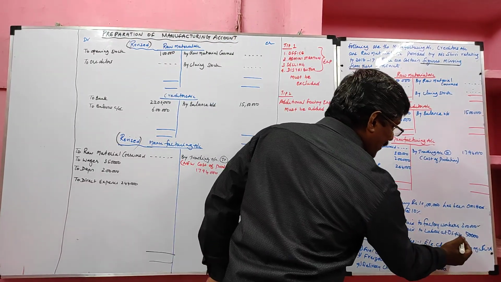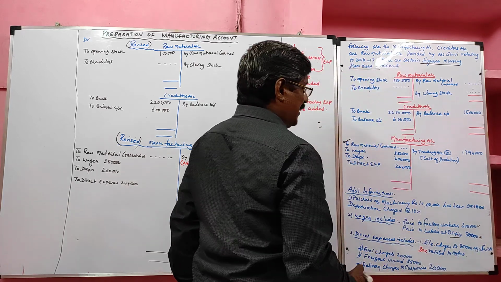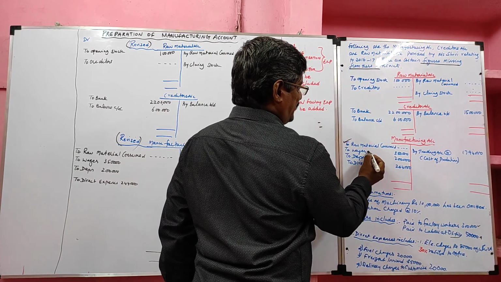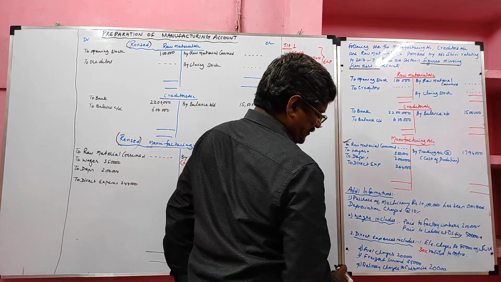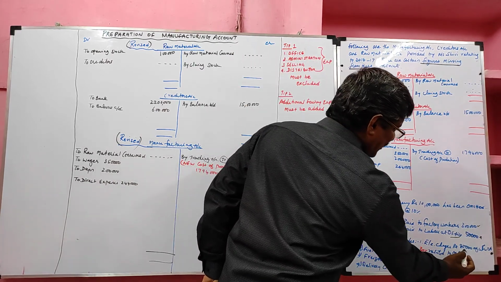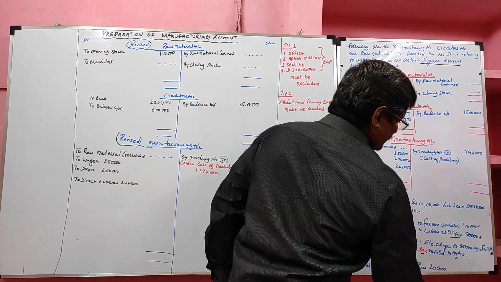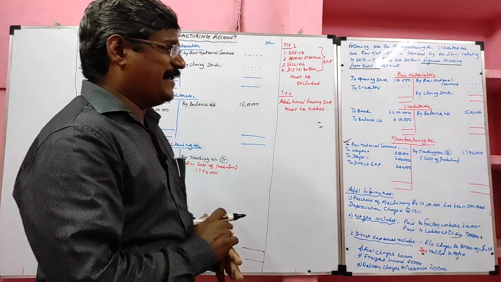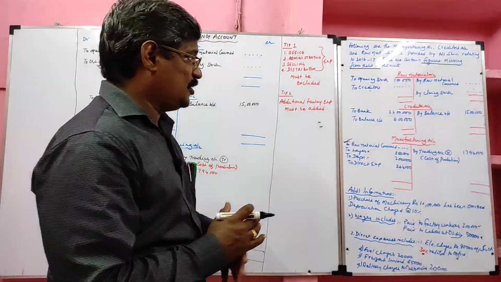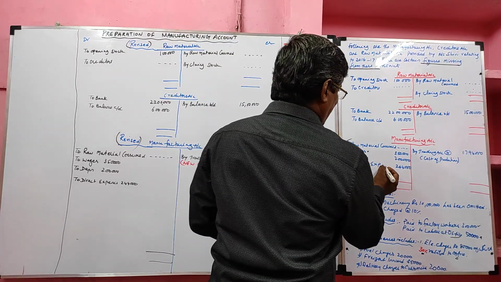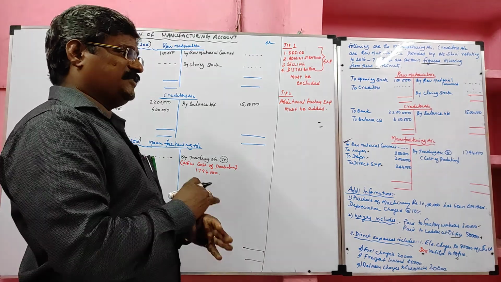Paid to labor at the office. So office expenses should be excluded from the wages. So we have an adjustment for wages. Then direct expenses include electricity charges of rupees 80,000, of which 30% relates to the office. So we have an adjustment for direct expenses. The electricity charges relating to the office should be deducted.